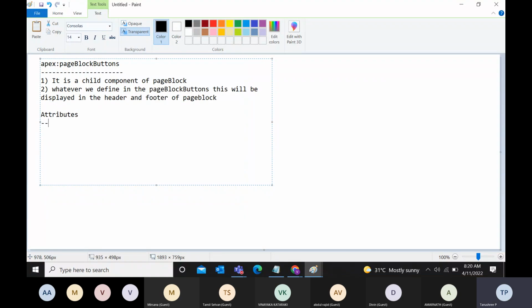Attributes. Location. Location is one attribute. What will it display? It will display top, bottom, all. Three properties will be there. These three properties will specify